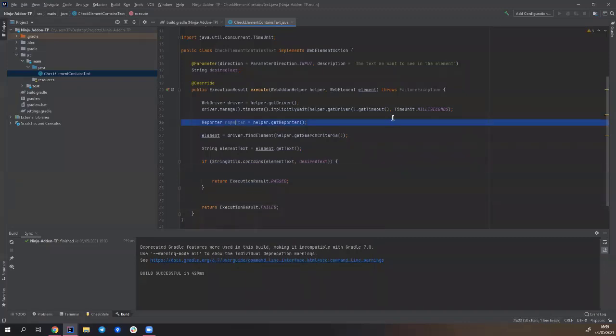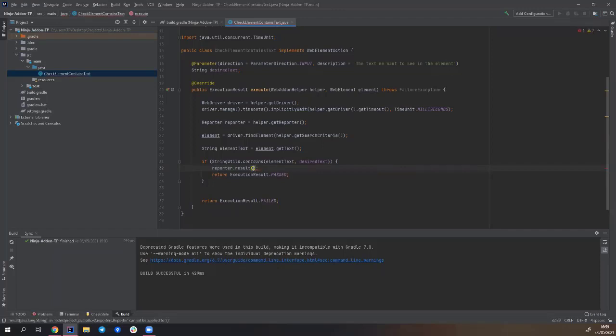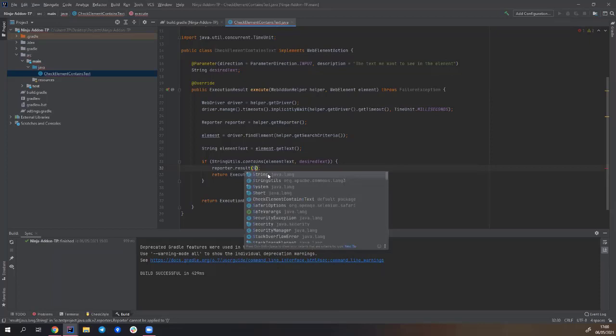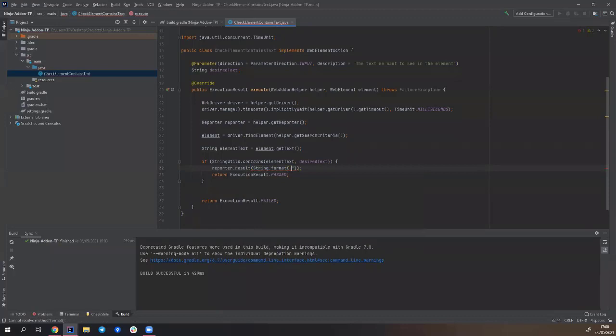As you can see, we didn't use the reporter yet. You can do this here in the reporter result method. This will basically be the message we'll see in the reporter before the execution finishes. So, for example, we can create a custom message for when this action passes. We can do something like